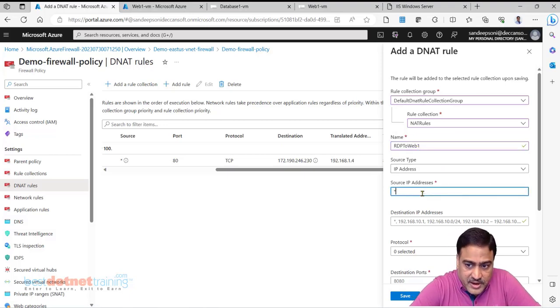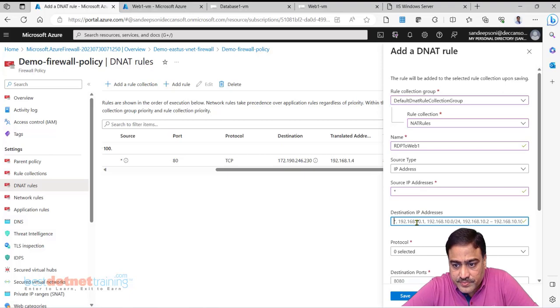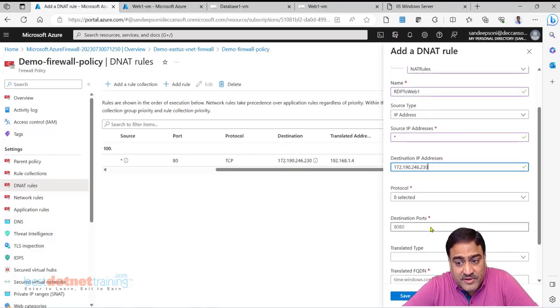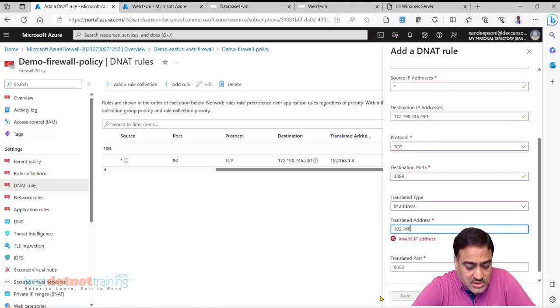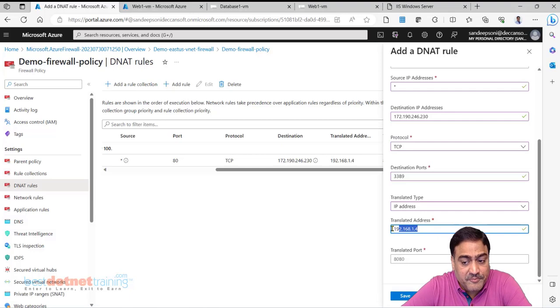Source from anywhere, destination I'll give the IP address of the firewall, protocol RDP uses TCP, destination port 3389. Should translate to the IP address 192.168.1.4, which is the IP address of Web1 VM, and translated port is also 3389. Save it.